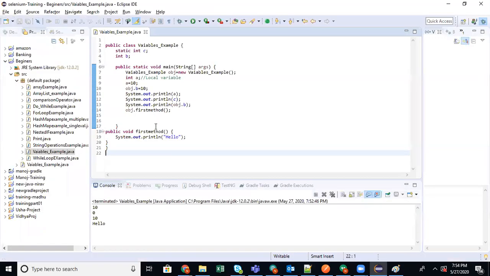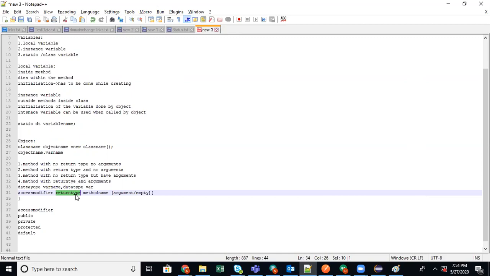You can save it in one variable there. What type of data are you returning? It can be an int, a string, a float, or a double, which you have to mention.